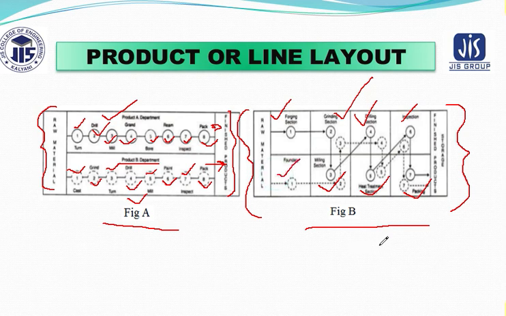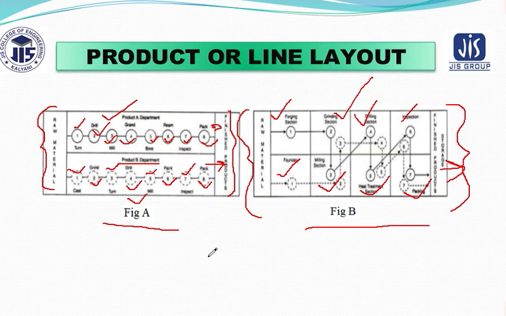Suppose you want to take a raw material and generate a casting product. From the raw material you can go to the foundry section. Then with the help of the milling section you can cut the job. After giving it a shape, you can go to the grinding section for surface finishing. Then if you need to make a drill hole, you can go to the drilling section. So all the operations are completed so far. Then if you want to increase the hardness of that material, you can go to the heat treatment section, and then send it to the inspection section, then finishing, and you put it out as a finished product.